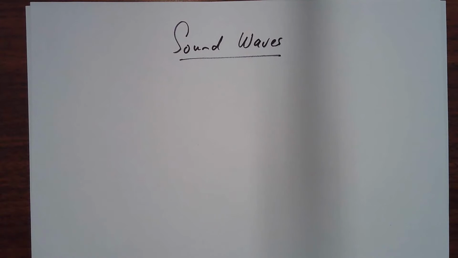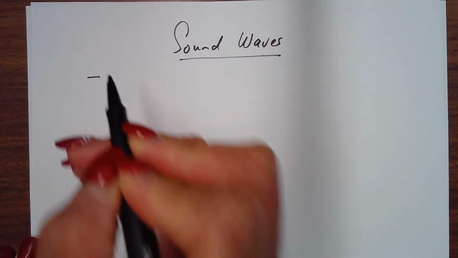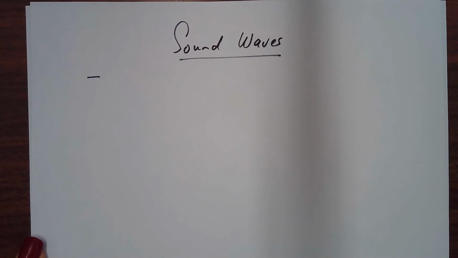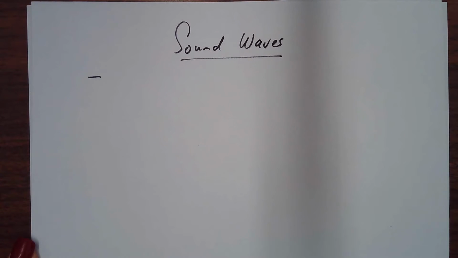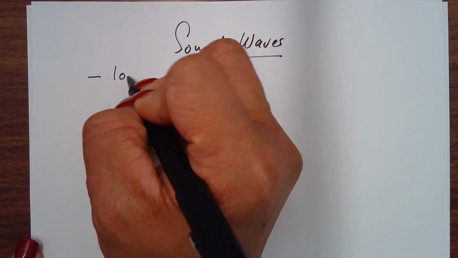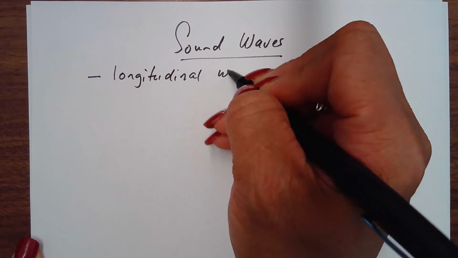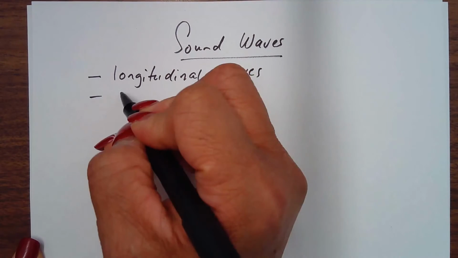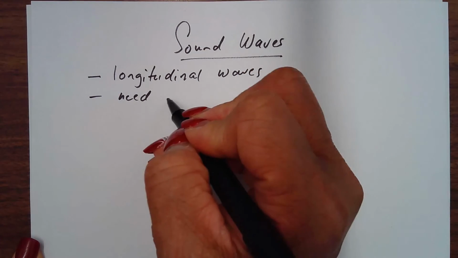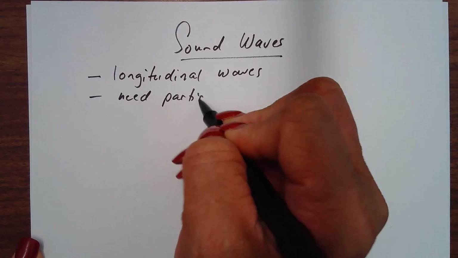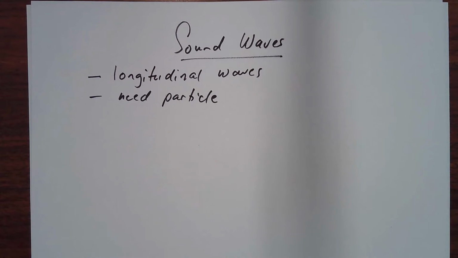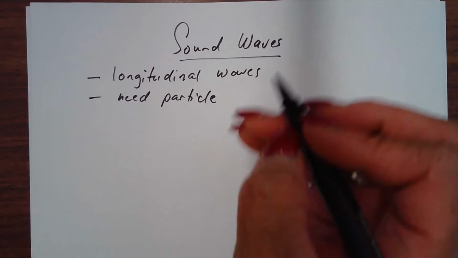So we're going to talk about, well, what kind of wave is a sound wave? Is it transverse or longitudinal? Which one? Sound? Longitudinal, right? So it just travels back and forth, it's just a disturbance, and you need a medium. So longitudinal waves, you need particles to vibrate. So that's why you cannot have sound in a vacuum. Outer space can't have sound.